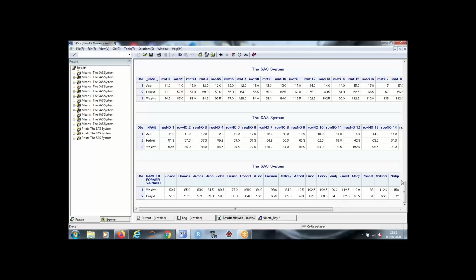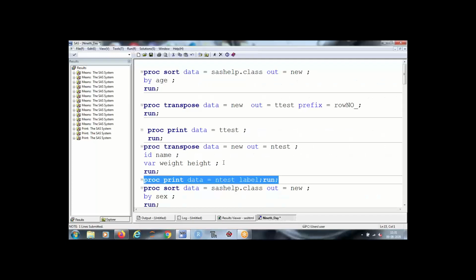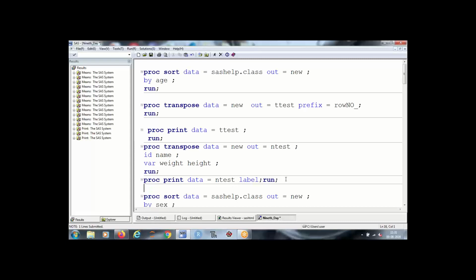All right. And the second thing which I have changed is that I have used a var statement to control the output. And third thing which I have used is label.